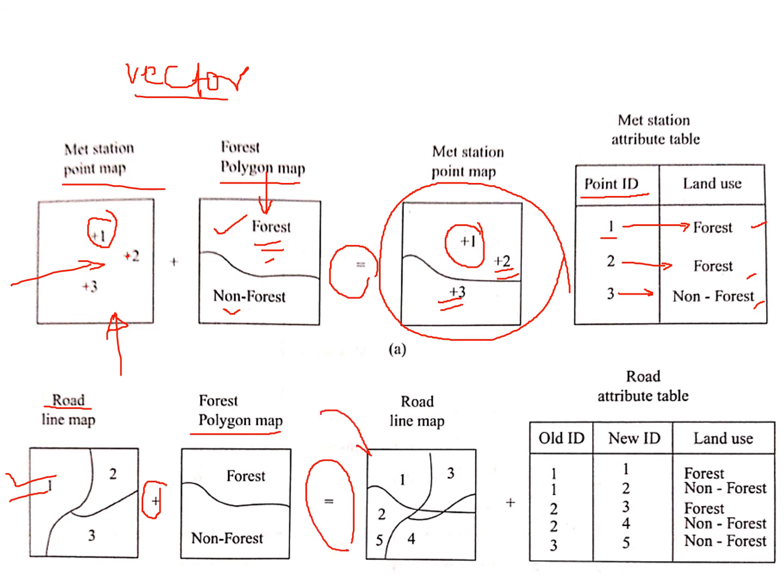So how will it be looking here? That means you are superimposing or overlaying this. So where is the one? Okay, so it has the line like this and this. So what are these lines? It is the old ID and new ID you are getting. So the old ID says 1, but it doesn't have its own characteristics. But if you superimpose this, now it has a new ID. So what is the one will be coming in? Okay, forest land. So you can say the new ID is the forest land.